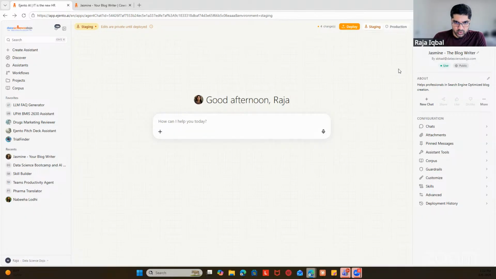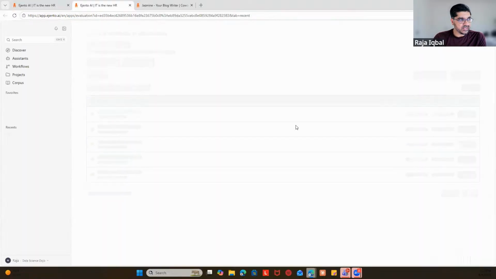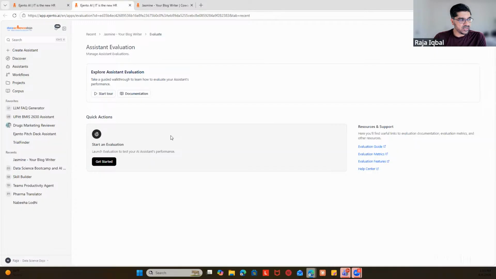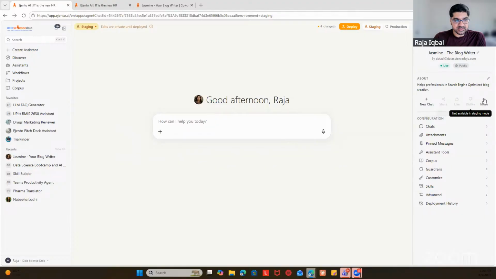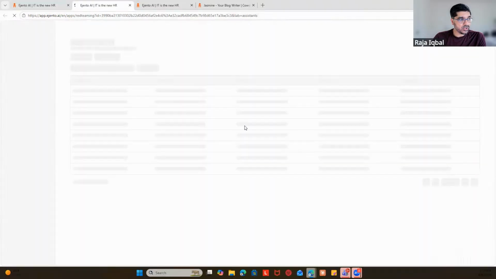The answer is no. Even though I've changed it, this change is only in the staging version of the agent. This is not on the production version. And just to make sure that this was configured properly, I have different ways. I can run a suite of evaluations, my regression tests. If I have any concerns about any kind of security issues, I can also kick off